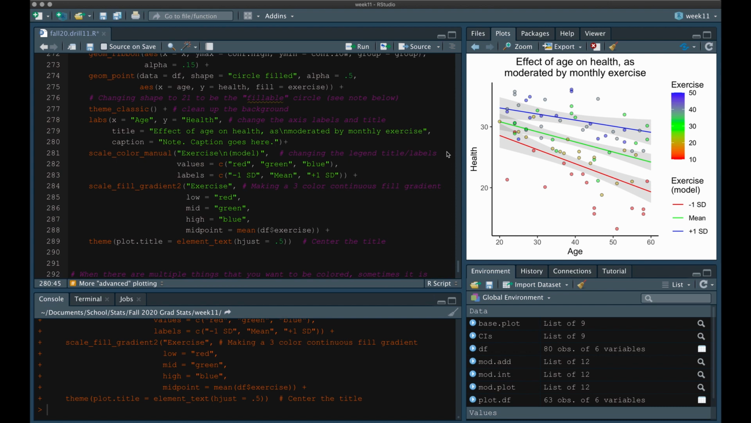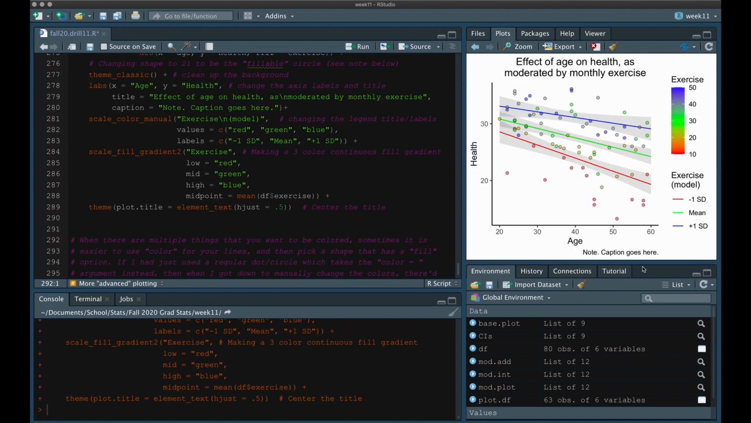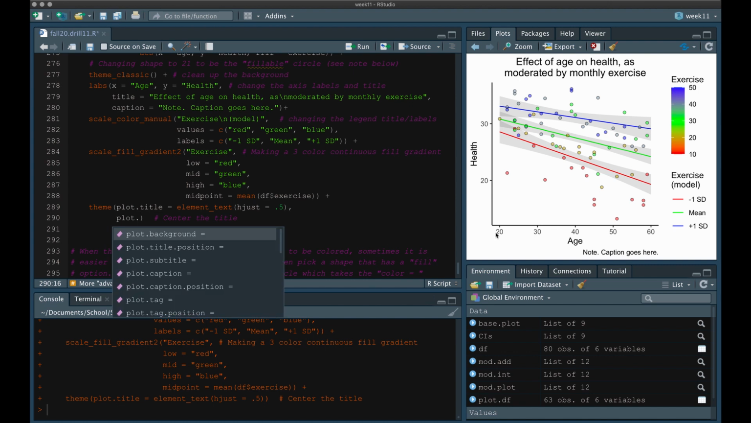So say you did have a caption, for whatever stupid reason, it defaults to the caption being right justified. And so if you did have a caption, you'd want to left justify that caption. And so that would be plot.caption